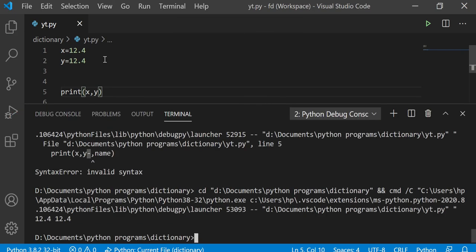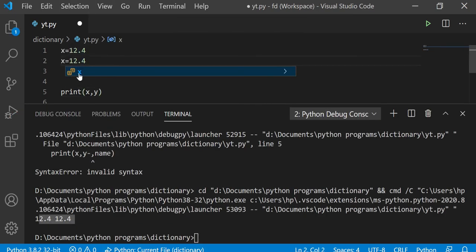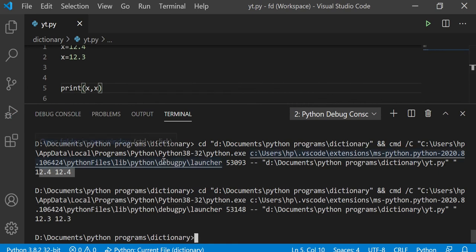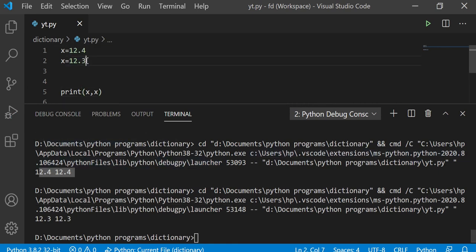If we change the variable as xx and the variable is same but the value has changed, the changed value will also be reflected over output, that is 12.3 and 12.3. If we change it as 12.4, the same output will be there which was before, that 12.4 and 12.4.